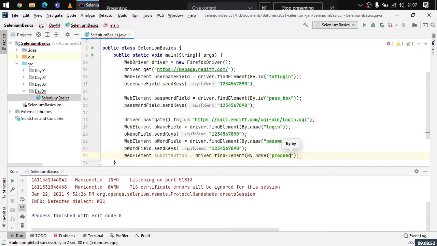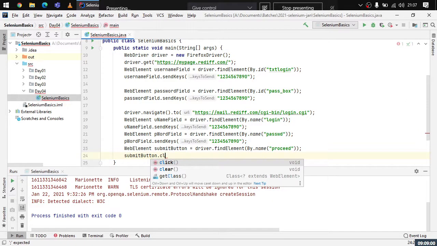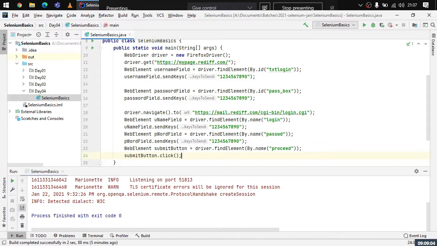What is the name? Proceed. So we have found the element. Now we just need to deal with the element. So submit button dot click. Dealing with an element that needs to be clicked is very easy. Just specify the correct command and you're good to go. Let us just try running this code now.